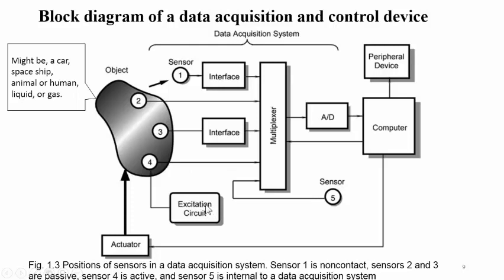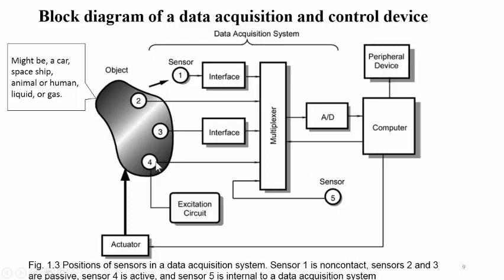And the fourth one is also a contact based sensor. Now this fourth sensor is connected to one more block, that is the excitation circuit. Actually the sensors are classified into two, that is active sensors and passive sensors. Some sensors require external power or supply for working of the sensor. These are the active sensors, and some passive sensors do not require external excitation or power supply. Now in this case, the fourth sensor might be an active sensor, where the excitation circuit is connected, and it is responsible to give the signal to the multiplexer.